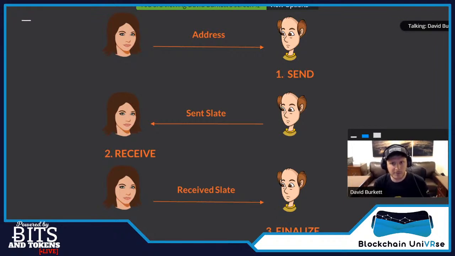It's a non-intuitive process, right? You have to send, then receive, which is very confusing already, but then you also have to finalize. And this finalize step is where everyone gets tripped up. Like the receiver always is trying to finalize in Grin, and they're like, why doesn't this work? Well, you actually have to send it back to the sender so they can finish the transaction. So it kind of sucks. But there's things we can do to improve it.